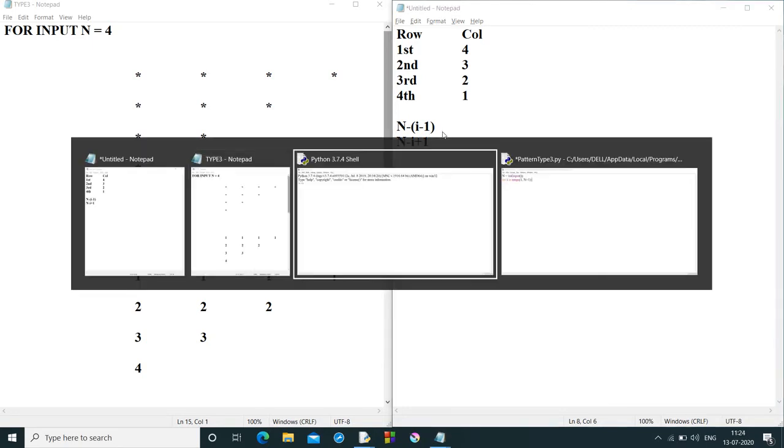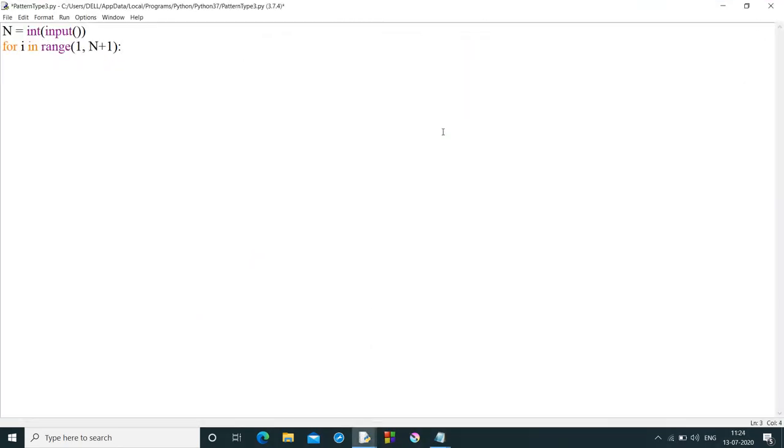So in the column for loop, what do we have to write? For j in range of 1 comma n minus i plus 1, and again one more plus 1 just to include the final value in the for loop, or you can simply take n minus i plus 2.